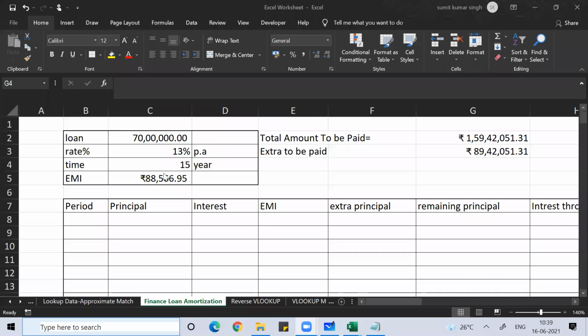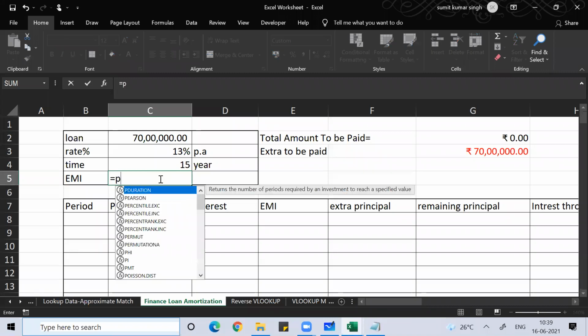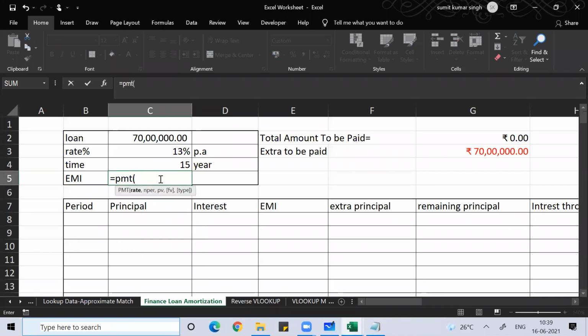Rajendra, the EMI part, when you calculate it, the formula to calculate EMI is equal to PMT. Equal to PMT, rate. What is the rate? Rajendra, whatever your rate is, the bank will tell you, 10%, 12%, 15%, 9%. Because whatever EMI you're going to pay on the loan, you'll pay per month. So whatever your rate of interest is, divide by 12.